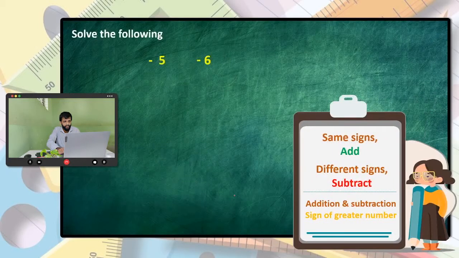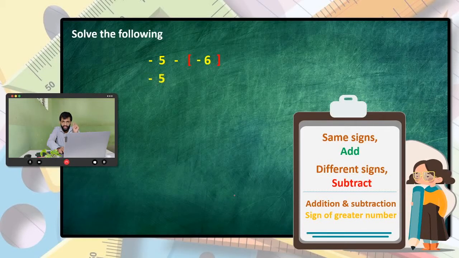Next, I have minus 5, minus 6, but this time I want to subtract those two numbers. So two numbers, negative 5, negative 6, but I want to subtract those two numbers. So here, since there's another sign, I will put a bracket. I do not want to keep that bracket lying over there, because if it is there, then I am not able to solve it. So what I will do is I will remove the bracket, and the way I remove it is negative and negative will become